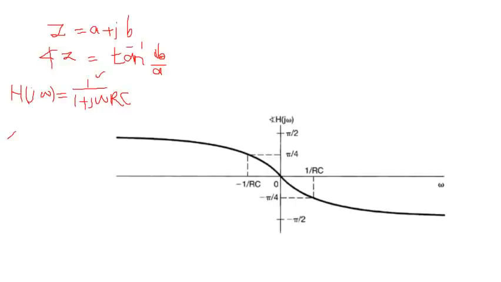So let's represent it by angle h of j omega. Angle h of j omega will be equal to tan inverse of the numerator, where the imaginary part is 0 over 1, minus, because this is the denominator, so the phase of the denominator is negative, tan inverse of